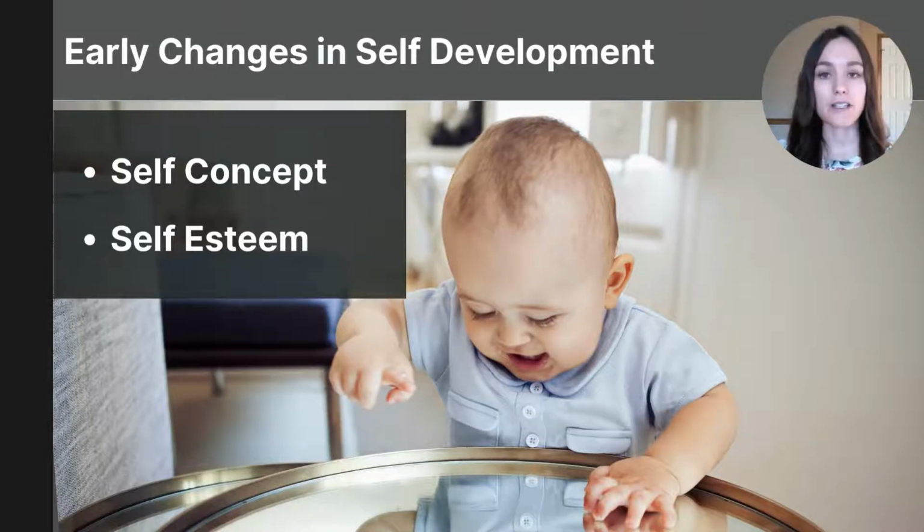So, just to define these concepts one more time, self-concept refers to the way you understand yourself, like your values and your roles and your beliefs. It's your mental picture of yourself, whereas self-esteem is the emotional aspect of your self-image. It's how you feel about yourself, and it involves the value you place on yourself and how you feel confident and worthy and the positive feelings about who you are.